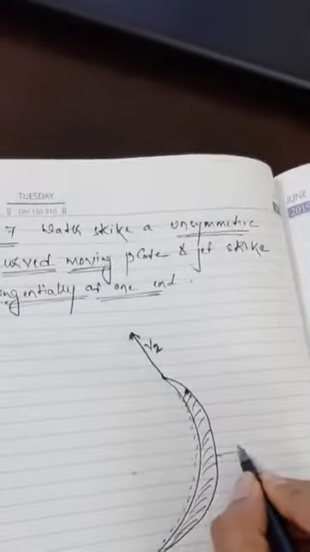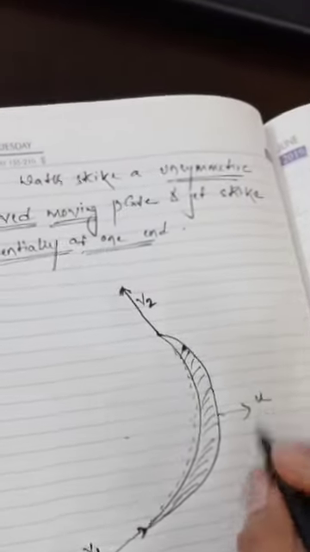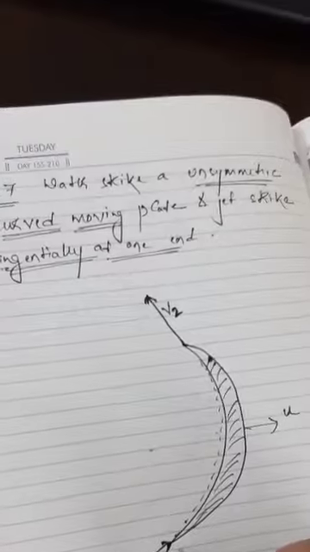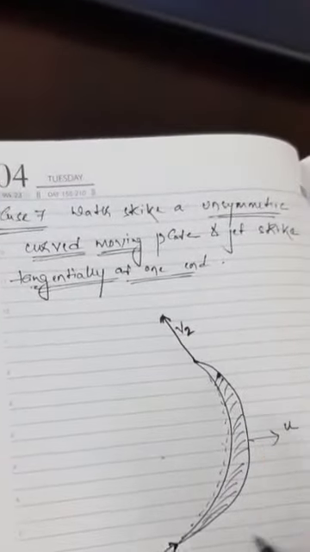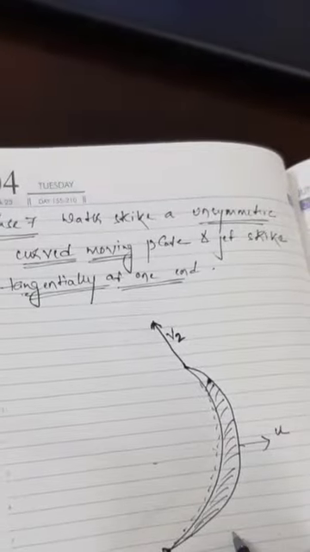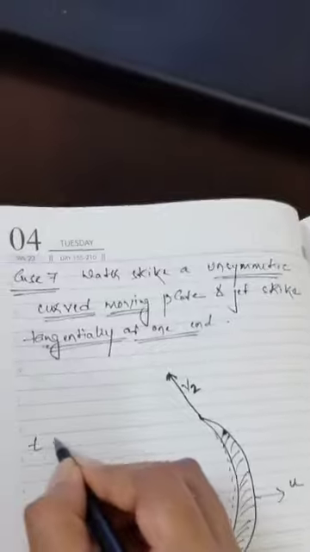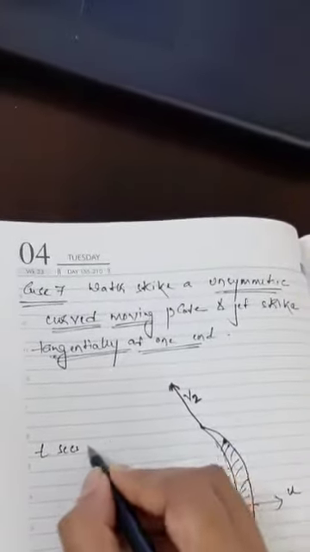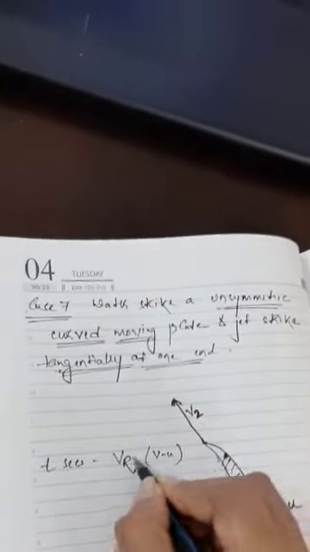Also in this case, the plate is moving with a velocity u. That means the water jet won't strike here. When the plate is moving, then when the plate is somewhere over here, the water jet will strike here. So I have to calculate, just like after t seconds, in previous cases we saw the velocity was taken to be Vr, that is v minus u.